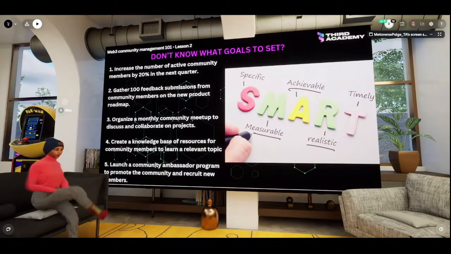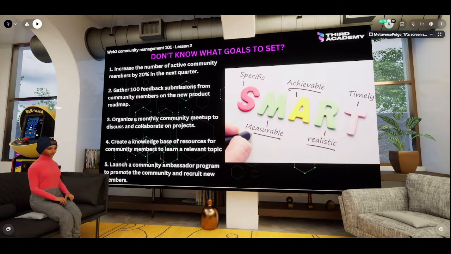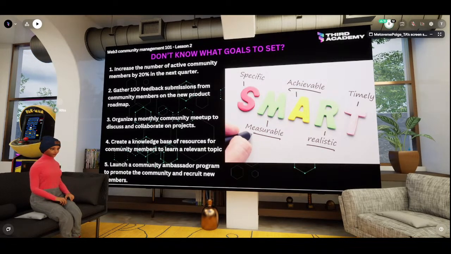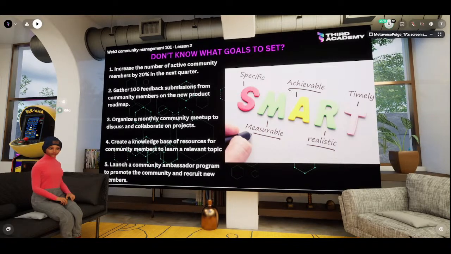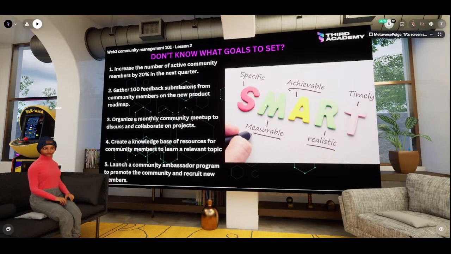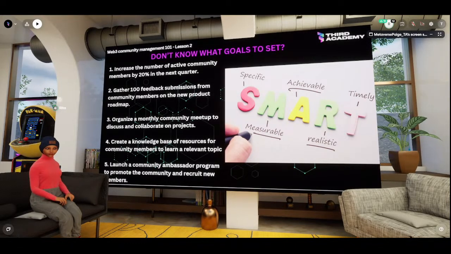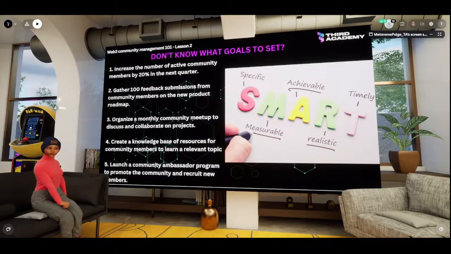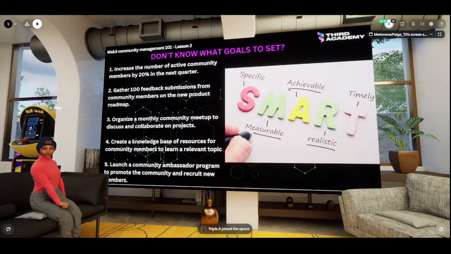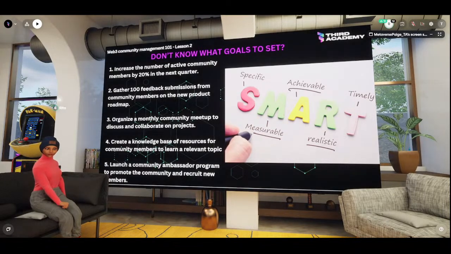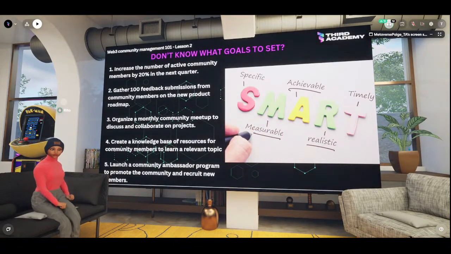So let's say in that case, this now falls under the C of the SPACES model, which is contribution, right? You could also want to create a knowledge base of resources for your community members, or you want to launch a community ambassador program to promote the community and recruit new members. This kind of goal falls under the acquisition principle of the SPACES model, right?